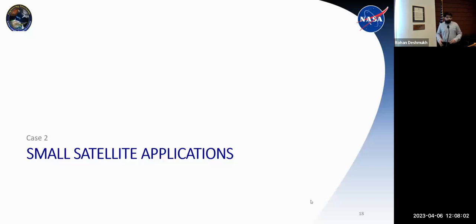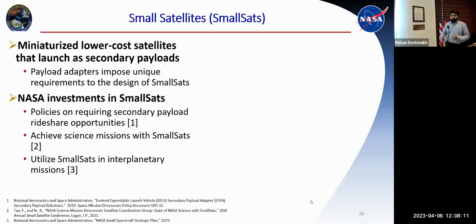Okay, so the next case is going to be looking at small satellites. Most of you, I'm assuming, are pretty familiar with what small satellites are, so I won't go into too much detail on the slide here. The general takeaway I wanted to talk through is that there is a lot of investment that NASA has into putting small satellites into future missions, whether they're being put on as secondary payload missions